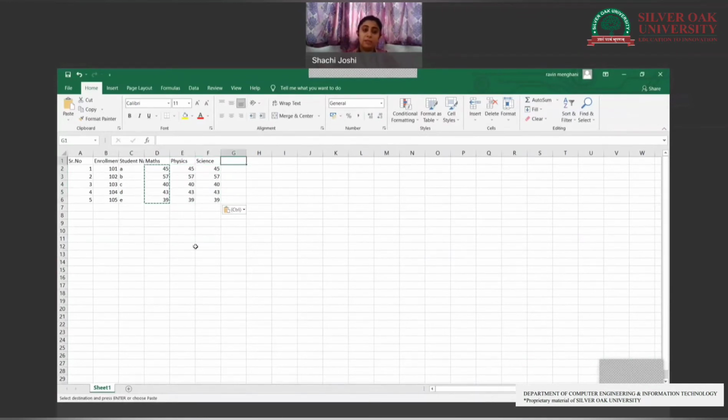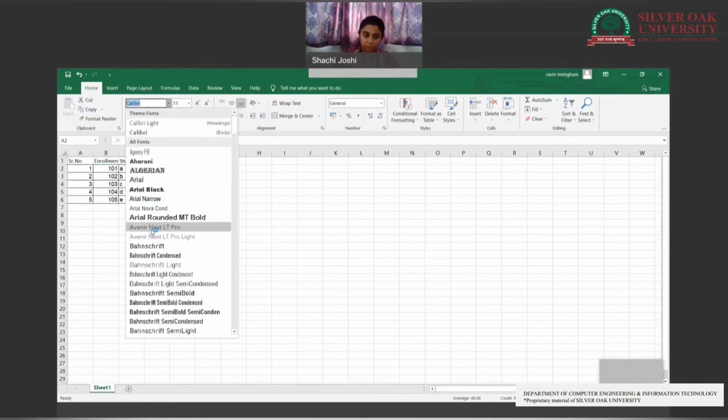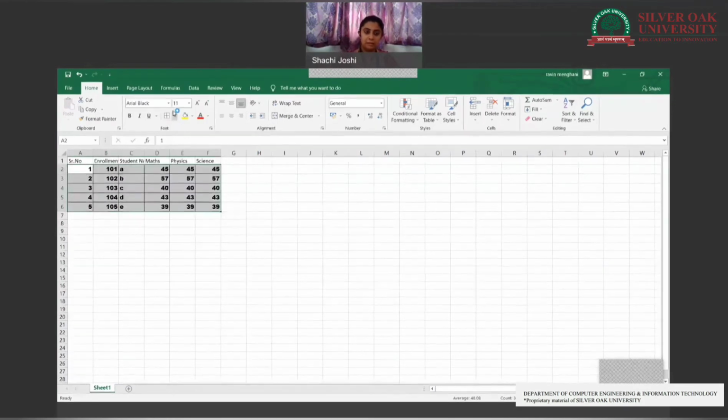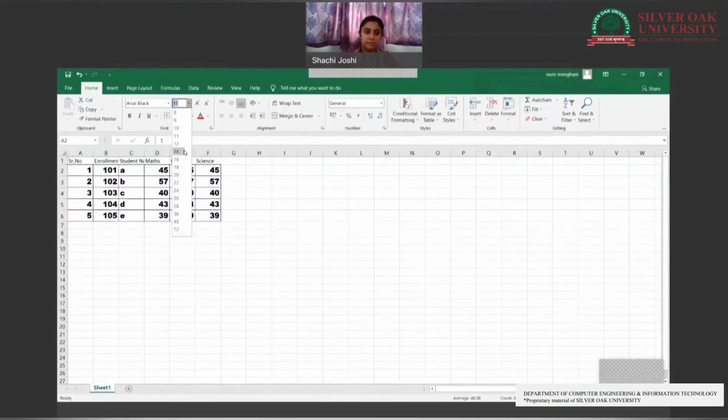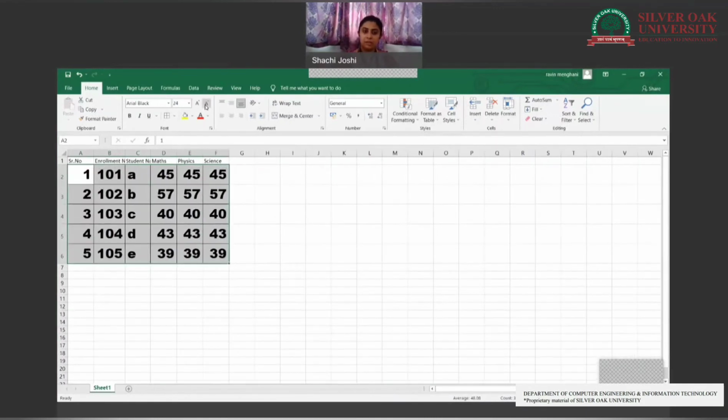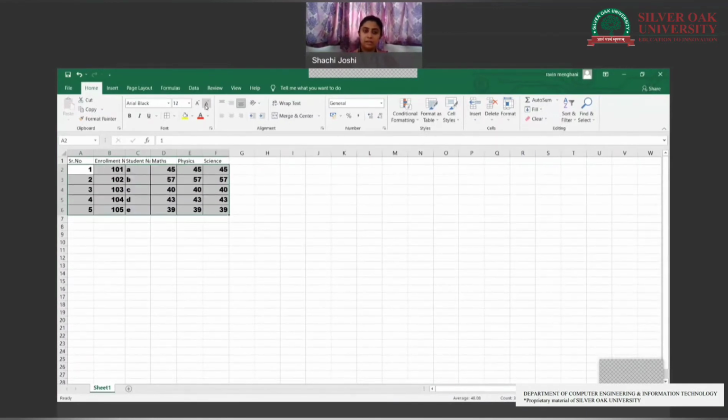Now first, let me format this because it is not looking good. Select this, apply a border. Then you can change the font to Arial Black, size 14. You can increase or decrease the size from here.